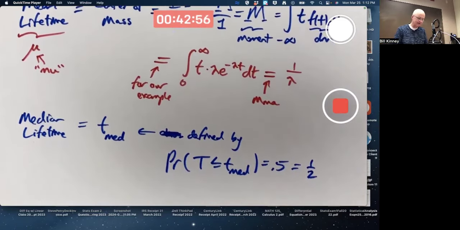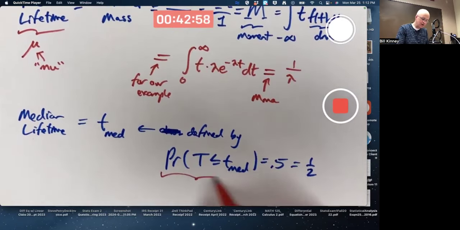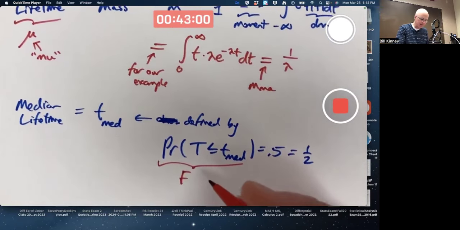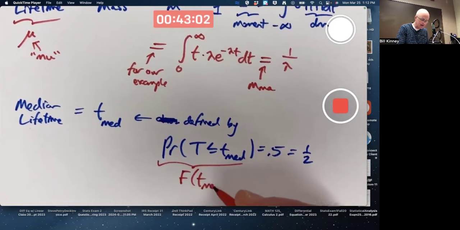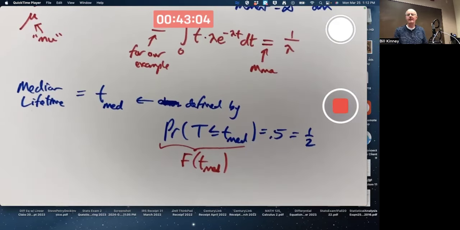So how do you find this? You need to use your CDF. This is the same as capital F of T-med. Med doesn't mean medicine, it means median. T sub median, the median value of T, is chosen so that half the probability is less than it and half is bigger. 50th percentile. In terms of the PDF, half the area is to the left and half the area is to the right. For our example,